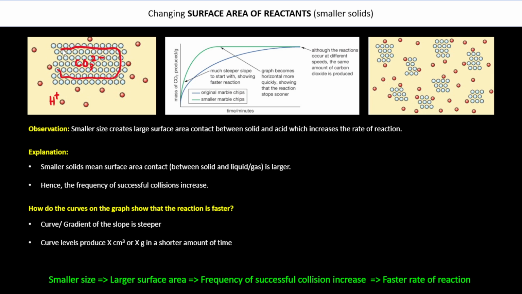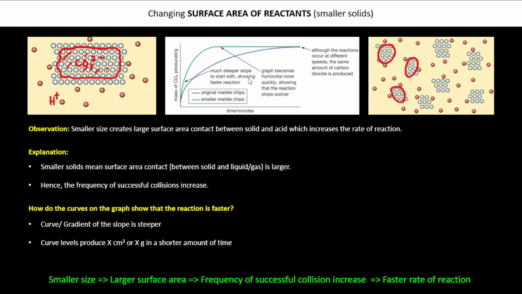So the middle parts will not be easily reacted here. But if you break it down into smaller size particles, all of these can be reacted, meaning that there is so much surface area for H plus ions to attack. What we also notice from the graph is that the original marble chips, on the left side, give a very horizontal line, meaning that the rate of reaction is very small. But if we're using smaller chips, which have a larger surface area, the reaction would be much faster,